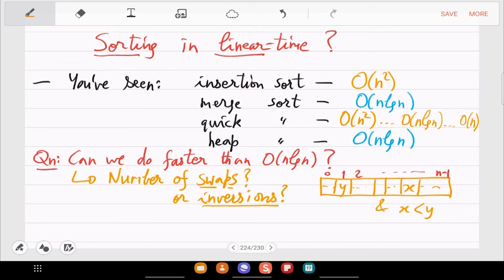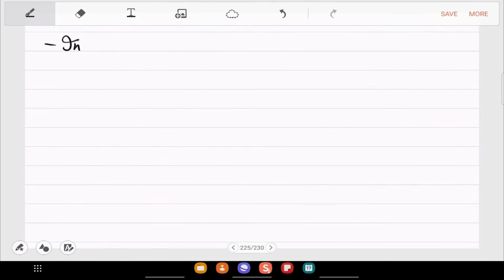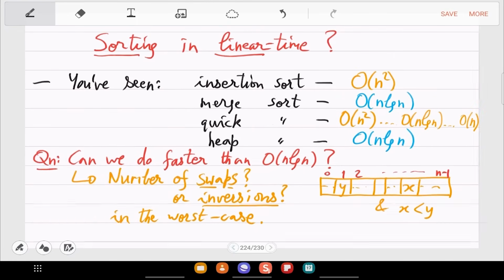You will see that in the worst case, you will need n times log n. You cannot really do this in linear time. So there cannot be a general sorting algorithm faster than this. But we'll finish up the course with some special cases which are actually very practical problems, where the idea will be to go inside the integer representation.